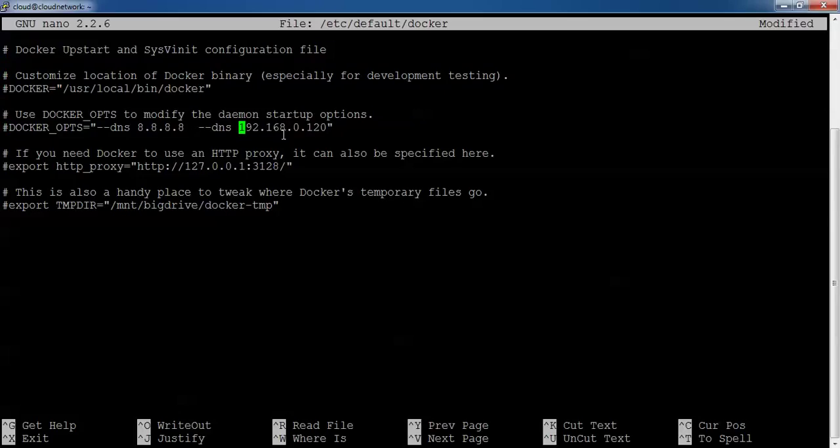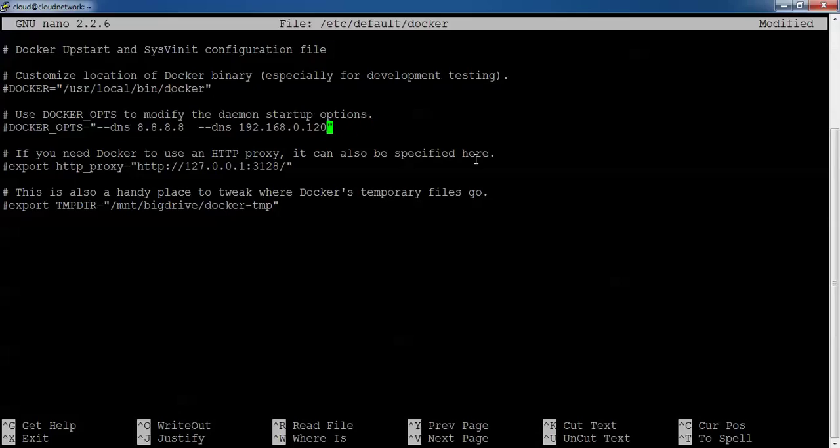The local server DNS IP address you need to assign by checking your ifconfig. If you type it, you will get the IP address. Just give the local server IP address here, the DNS server IP address. If you want to assign multiple IP addresses, just go to the last one here, give a space, type --dns again, and give the IP address. The same way you give multiple IP addresses.